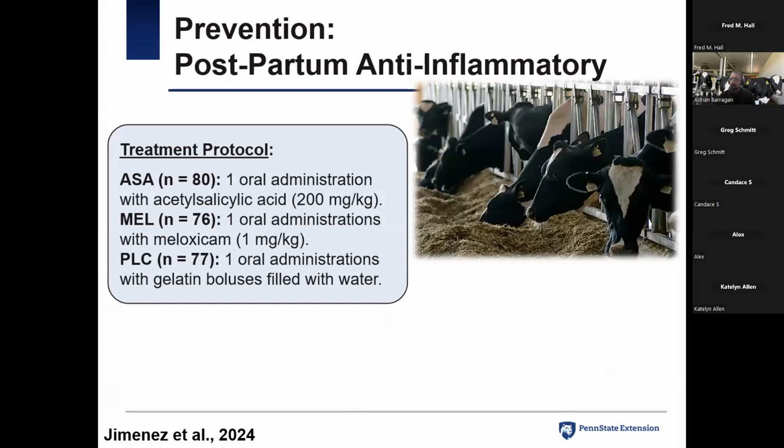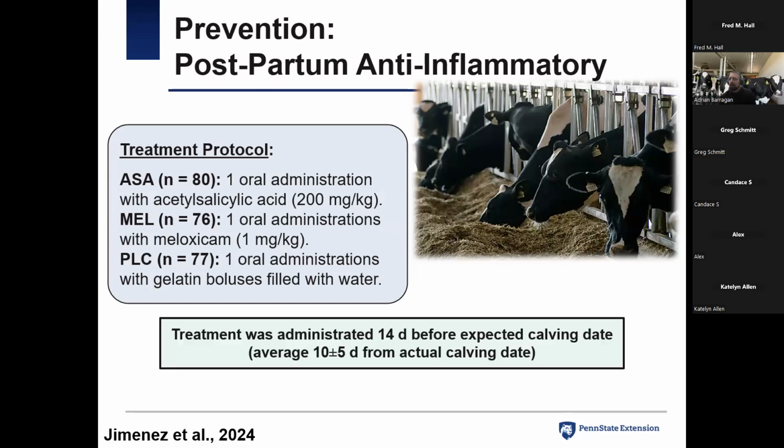We also did a prepartum anti-inflammatory study. I'm sorry, the title is off. It's prepartum, and we published this actually 3 months ago. In this study we treated the animals with aspirin or meloxicam or a placebo, 14 days before calving, or before the expected calving date, right? And it was a really simple treatment. It was 1 dose of aspirin, those 4 boluses, or 1 dose of meloxicam, which was 1 milligram per kilo. It's about 32 pills of the small animal